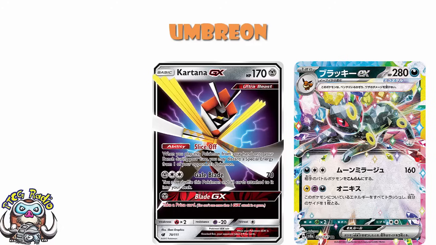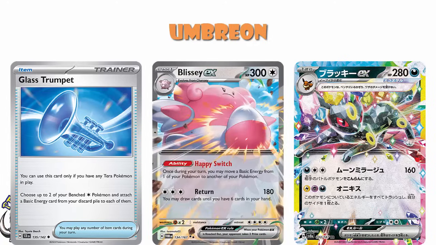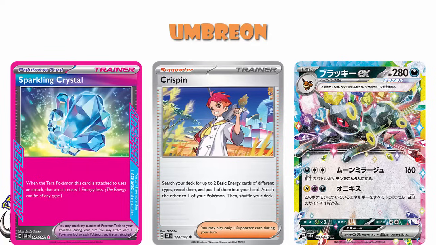Obviously, Glass Trumpet and Eevee are going to help here. If you really want to be resetting the energy every turn, you can use Glass Trumpet like you should be anyway, but then combine it with the Blissey that you can Glass Trumpet onto and then move the energy over. You can obviously use this with Crispin and Sparkling Crystal,